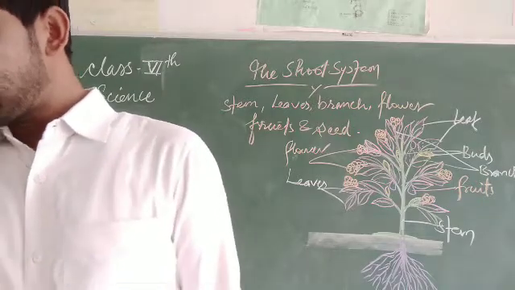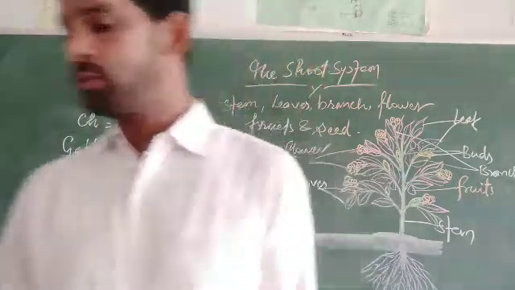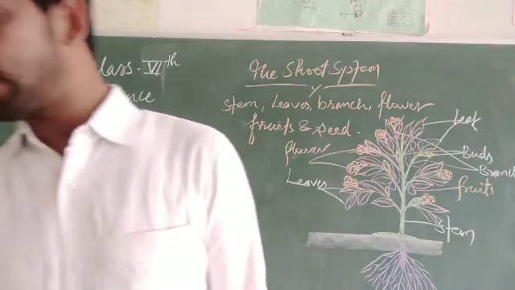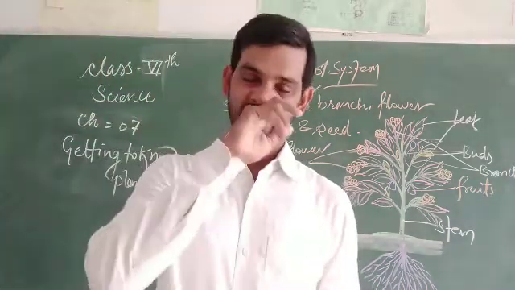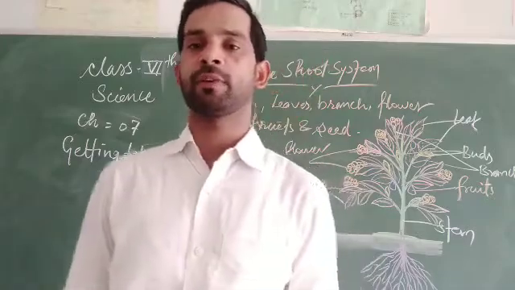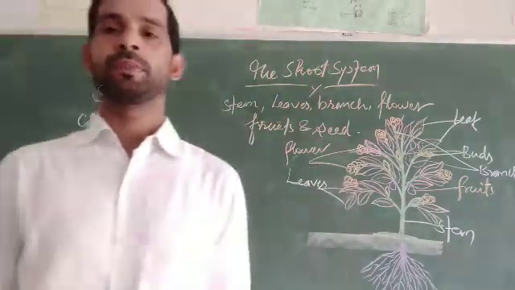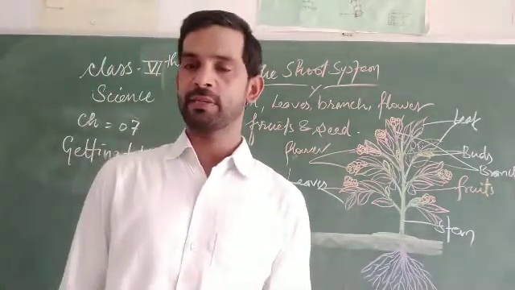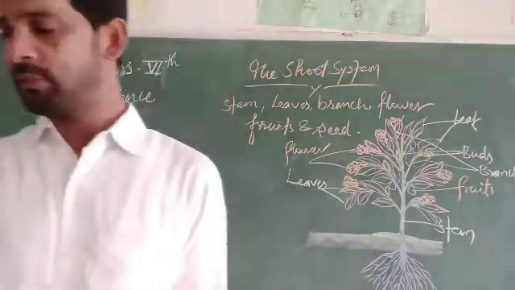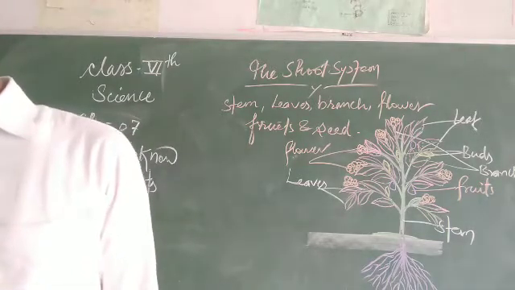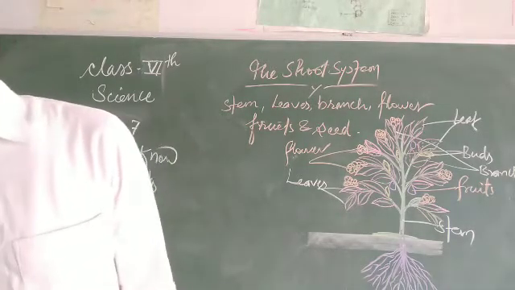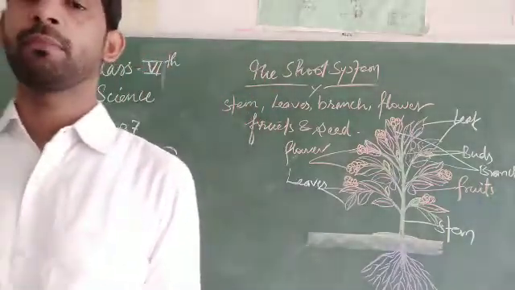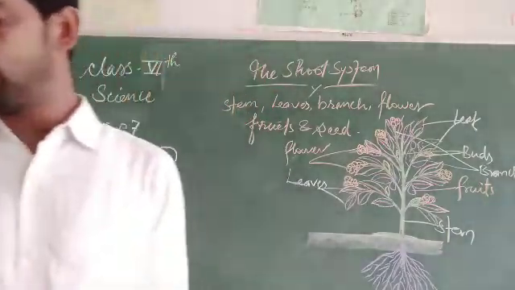So for the multiplication of a plant, you can know very well the bulbs and the tubers. The rhizome, bulbs and tubers are used for multiplication of a plant. For growing a new plant, you can see most of the stem can be cut into different small pieces and used to grow a new plant. Some plants like rose, jasmine and hibiscus can also be grown by cutting their stem into smaller parts.